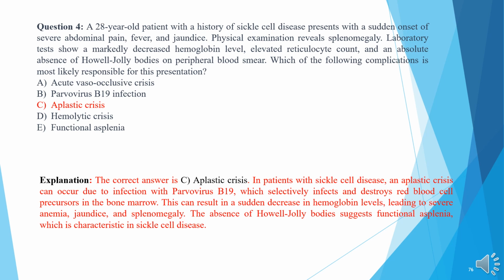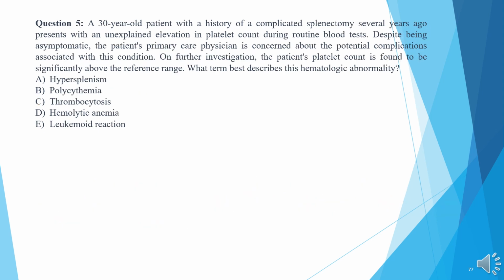Aplastic crisis. In patients with sickle cell disease, an aplastic crisis can occur due to infection with parvovirus B19, which selectively infects and destroys red blood cell precursors in the bone marrow. This can result in a sudden decrease in hemoglobin levels, leading to severe anemia, jaundice, and splenomegaly. The absence of Howell-Jolly bodies suggests functional asplenia, which is characteristic in sickle cell disease. Question 5. A 30-year-old patient with a history of a complicated splenectomy several years ago presents with an unexplained elevation